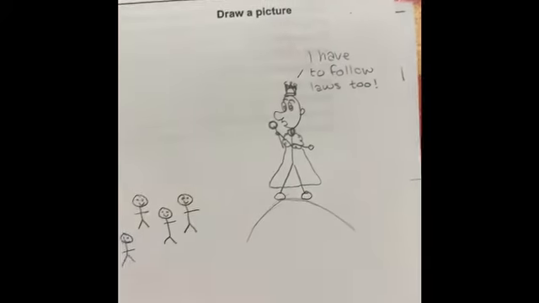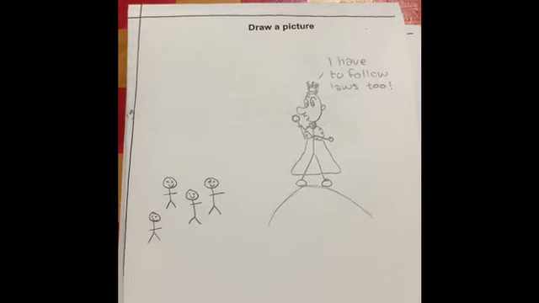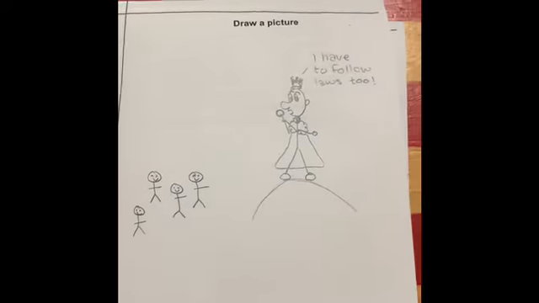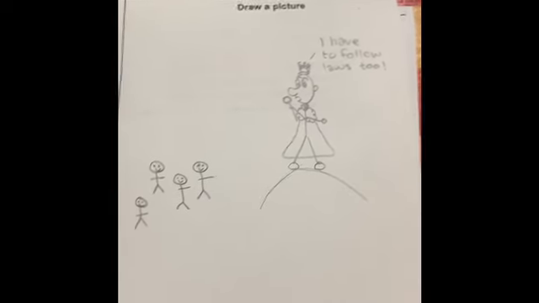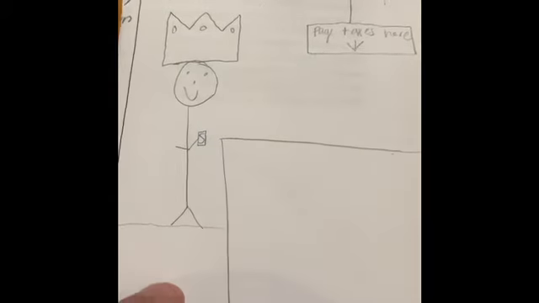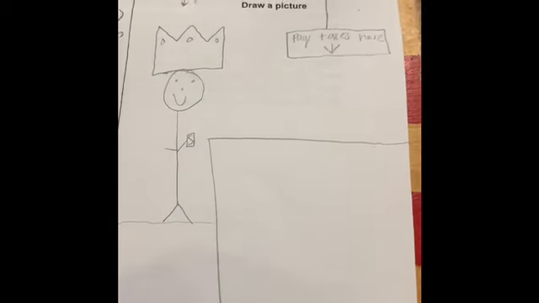Some good pictures here. You can see the king's on a hill. I think that just signifies that the king maybe is an elevated stature. He's a little bit seen as more important than the people down here, but yet he says, I have to follow the laws too. The king does have to follow what the people beneath him have to follow as well. And this one here shows that our leaders have to follow our rules. Here's a king having to pay his taxes just like anybody else.